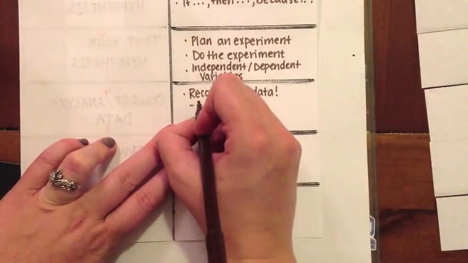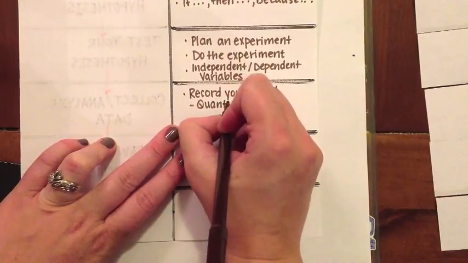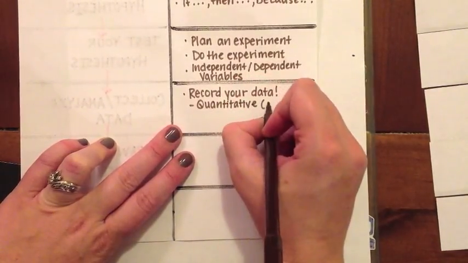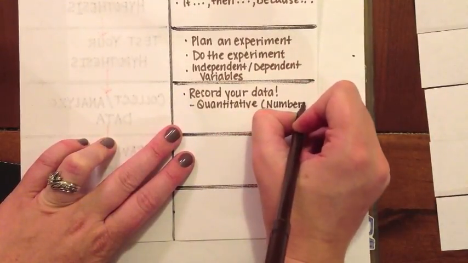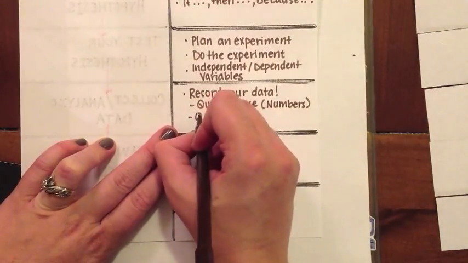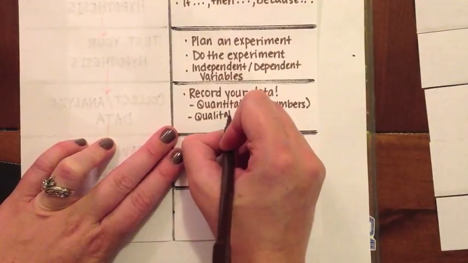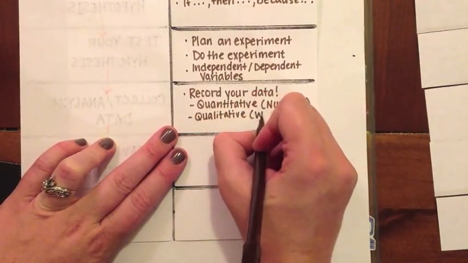You can have quantitative data, which is numbers, and you can have qualitative data, which is words